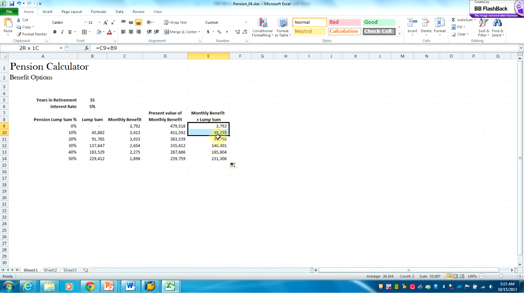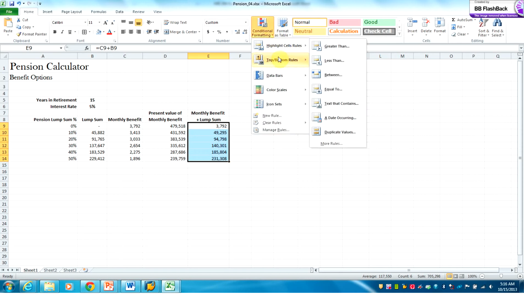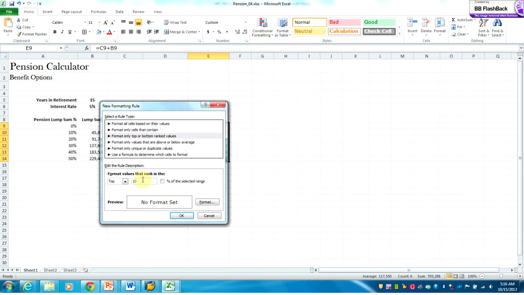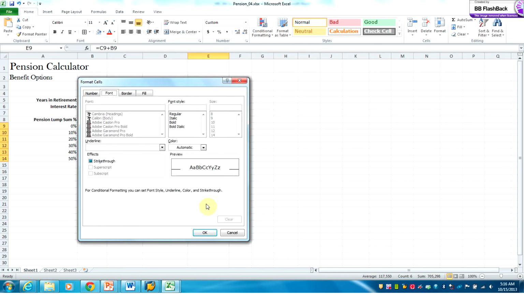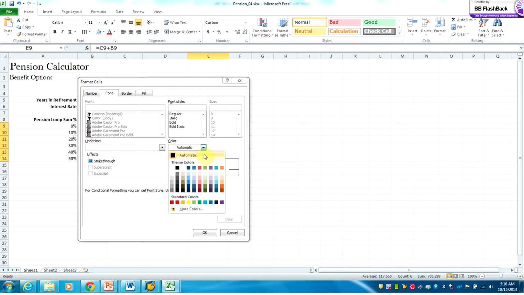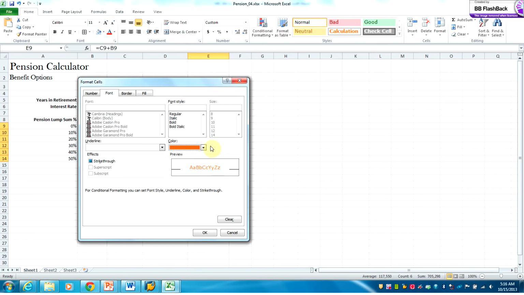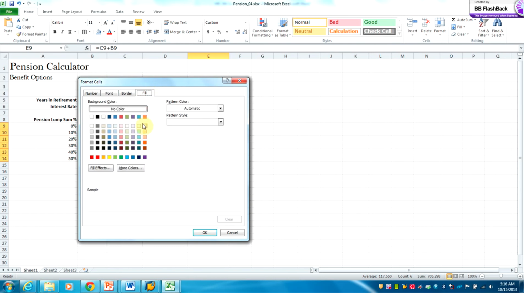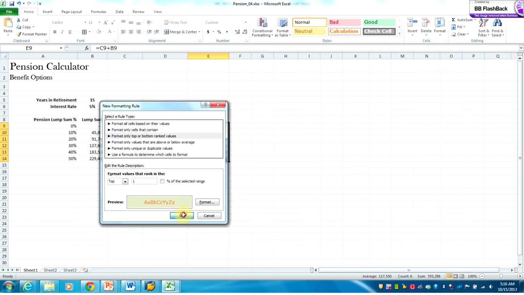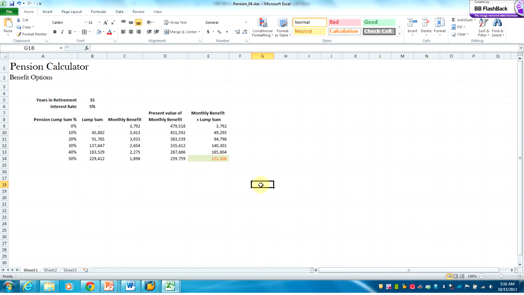So of course, if I had a big sheet, I can use conditional formatting, or we can do that again, top bottom rule, and we use more rules, and we say we want the top one, and we want to format it this time like orange text, and the fill will be light green. So that's the one that's maximizing your